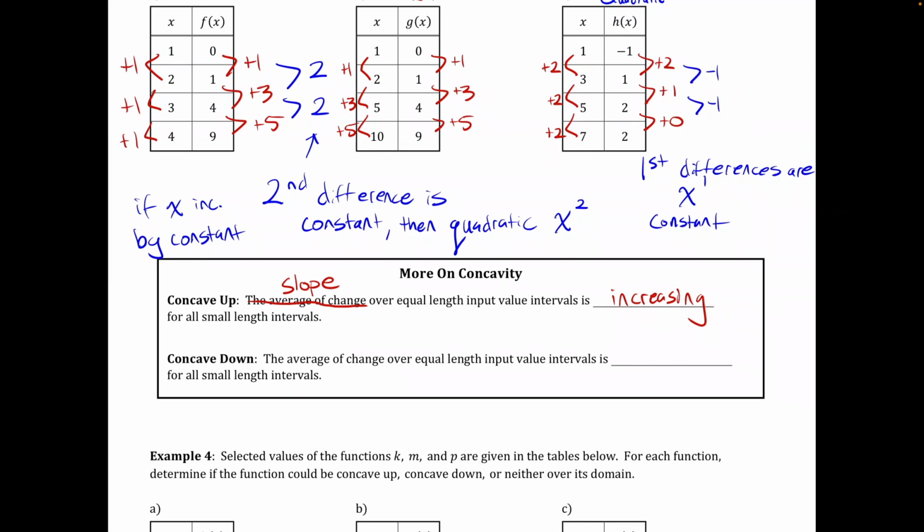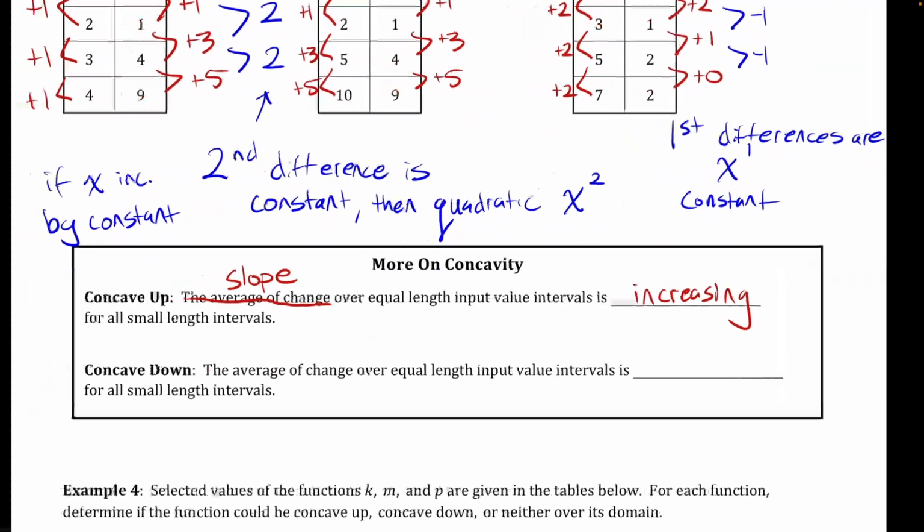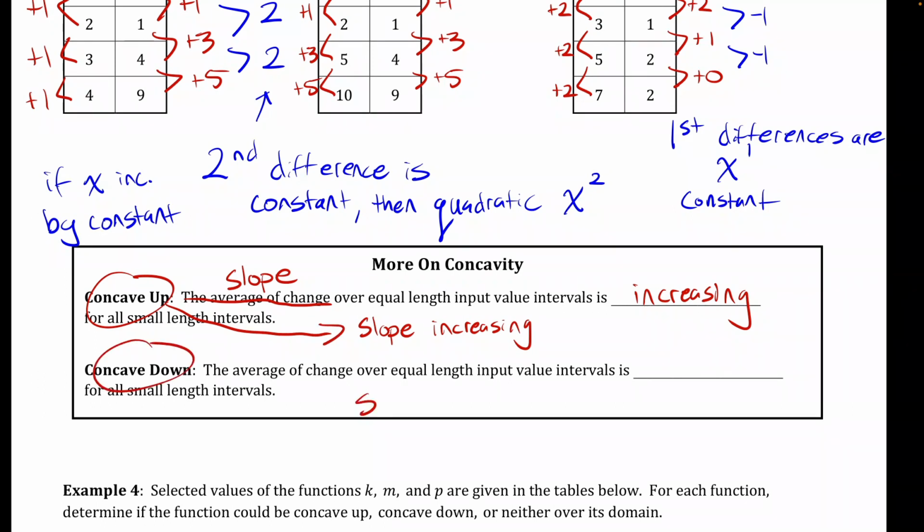This is a speed sheet definition, and I'm going to make this as simple as possible. Change this all to just say slope increasing. If you ever see the words slope increasing, it's concave up, 100% of the time. Concave up means slope is increasing. Concave down means, guess what? Slope